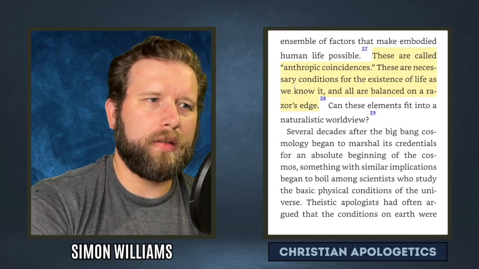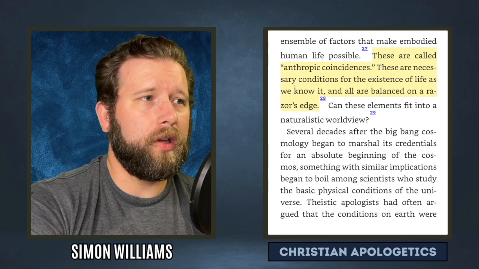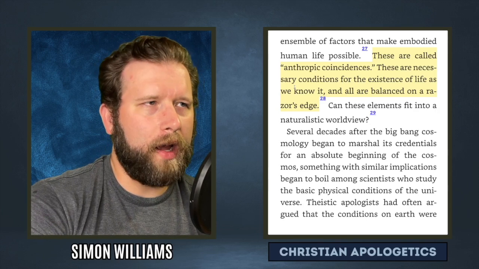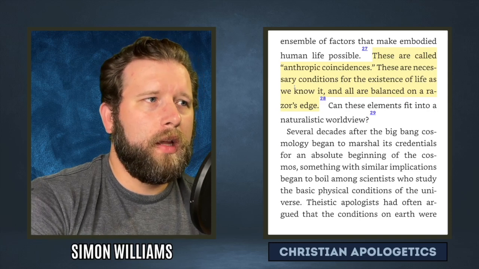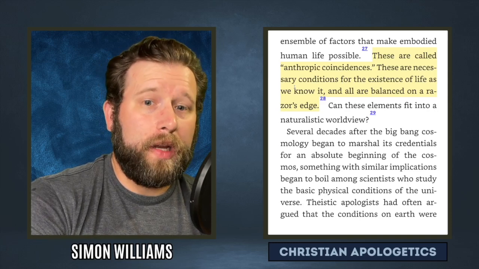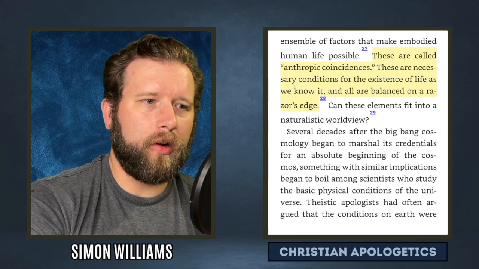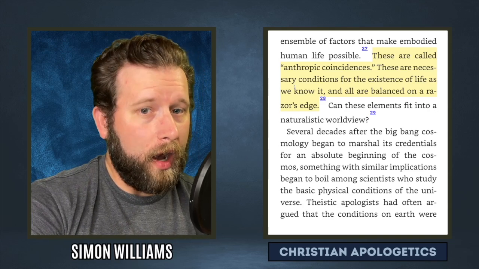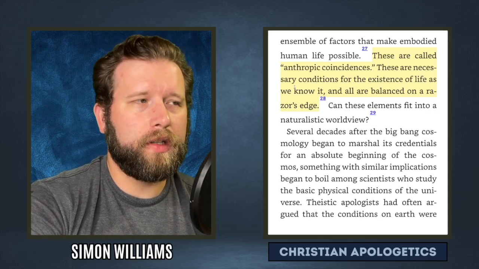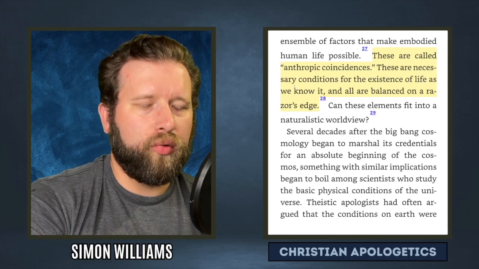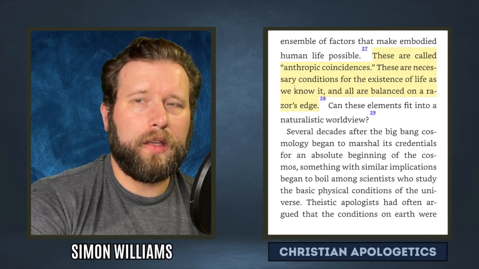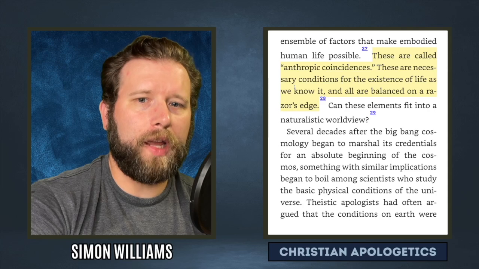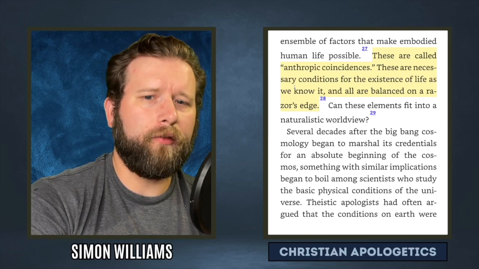There are certain kinds of people out there that do try to escape the fine-tuning argument by saying that we don't know all the variety of kinds of life there are possible. But when we talk about life as we know it, we're a very fragile kind of life, and only certain kinds of conditions will permit life like us to exist. So this is a much more modest approach to the fine-tuning argument, which I think is much easier to defend. What we're arguing for in this book is life like the kind of life that we observe, life like you and me.